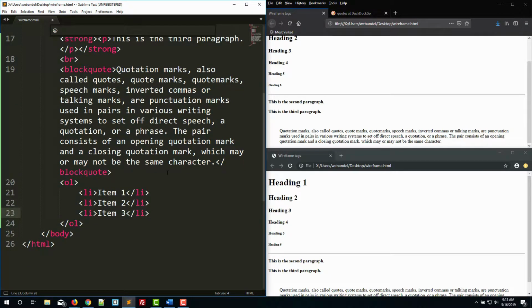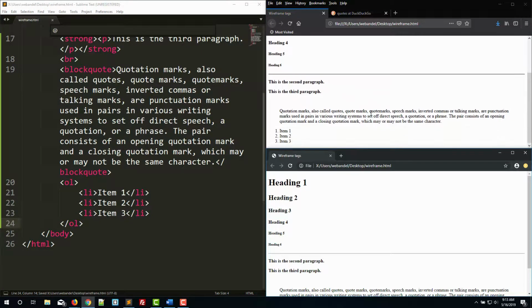Now ordered lists focus on the information being numbered in some way that shows that the items should be ranked in a certain way, or maybe it's a recipe and those items need to be followed in a certain way, but it designates that there's a certain expected order. So you want to keep that in mind when you're choosing. Now the default, let's save this, refresh. Now the default is that you're going to have numbers, but you can actually choose these types and change,